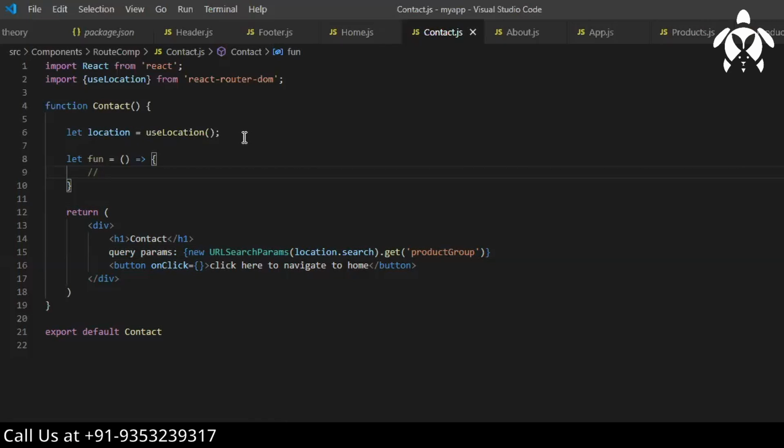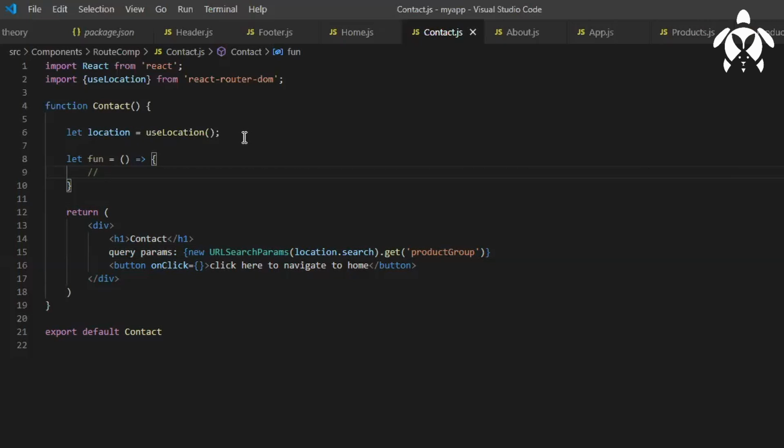These kinds of things you can do with programmatic routing. Right now I want to navigate to home, because I have written click here to navigate to home. So I'll have this function.